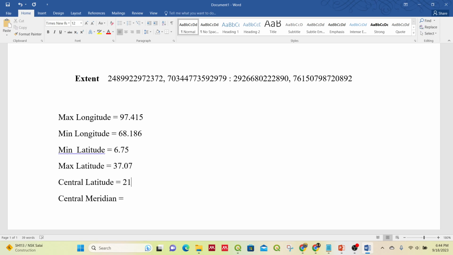Okay, your central latitude is 21.91 degrees and the central meridian is 82.80 degrees. Next is the